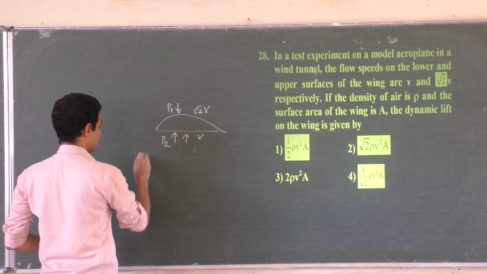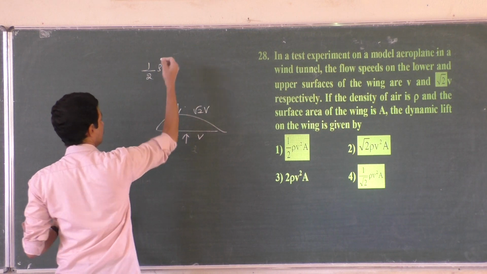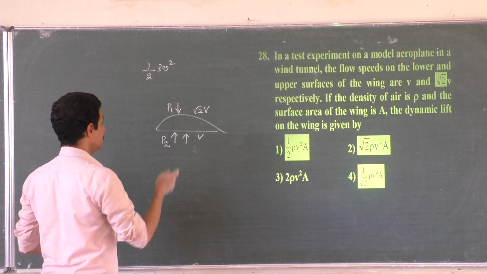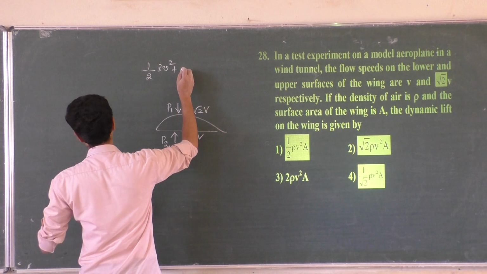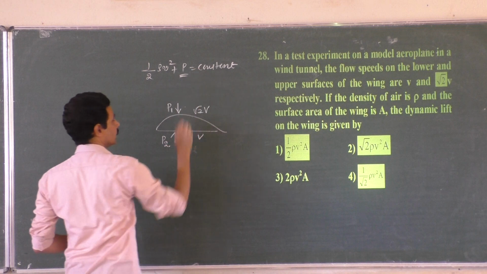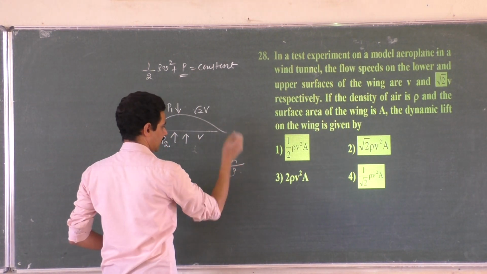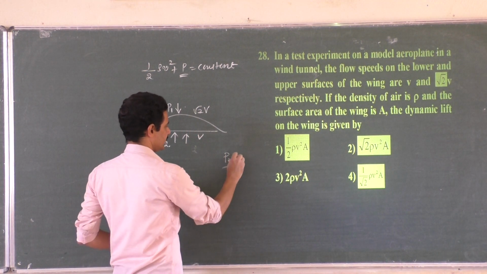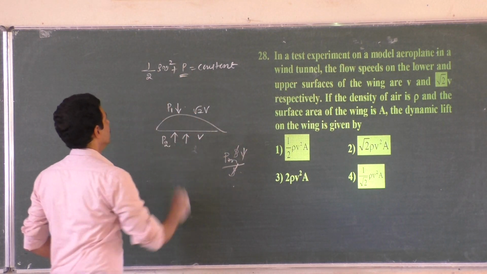So the formula goes like this. The kinetic energy is half rho v square, right? We have written mass as density into volume. Per unit volume, V gets cancelled, density remains. Plus pressure, which is a constant. Only the pressure will remain, right? Pm by rho is the pressure energy. Mass can be written as density into volume. Density gets cancelled. Pressure per unit volume is P only.